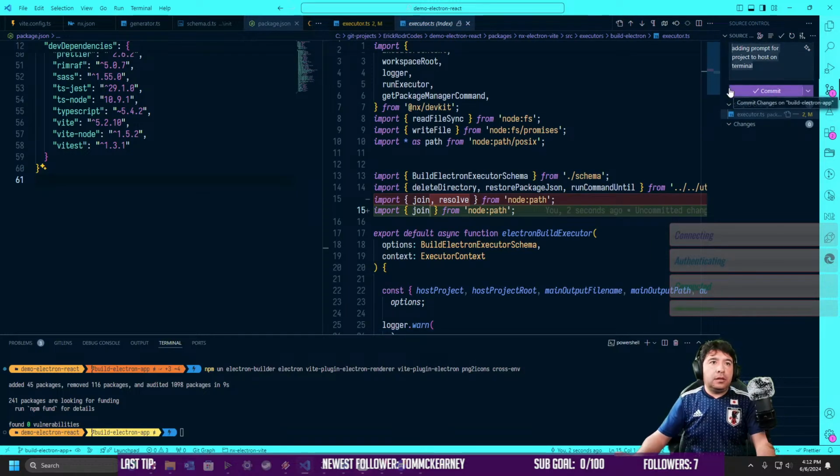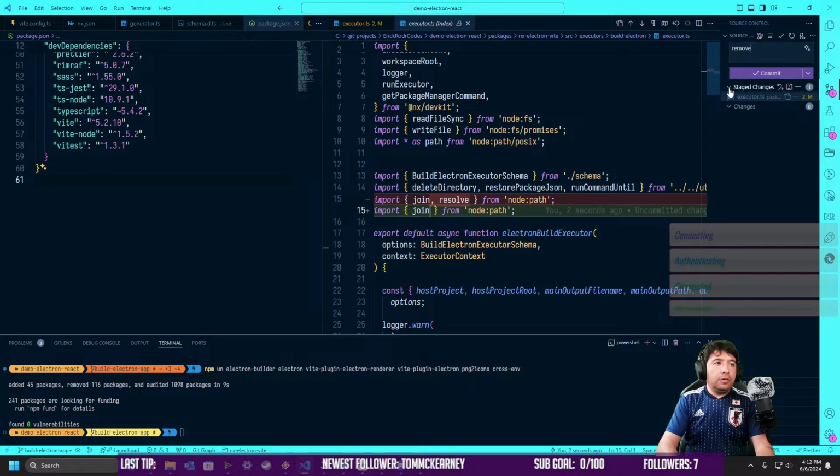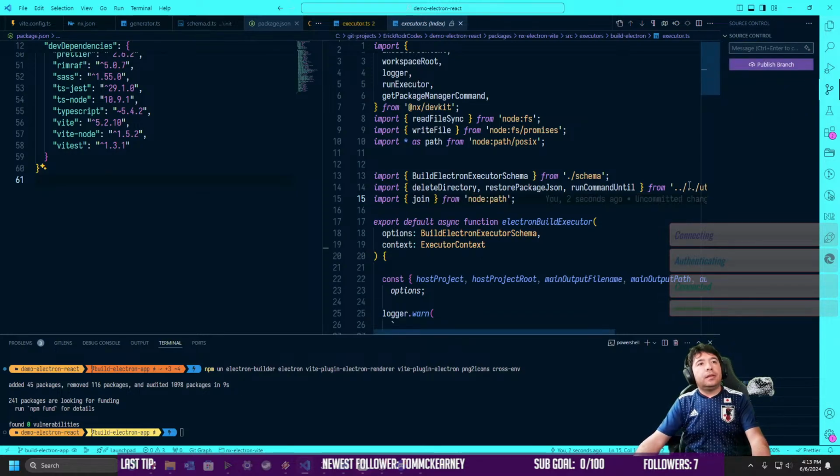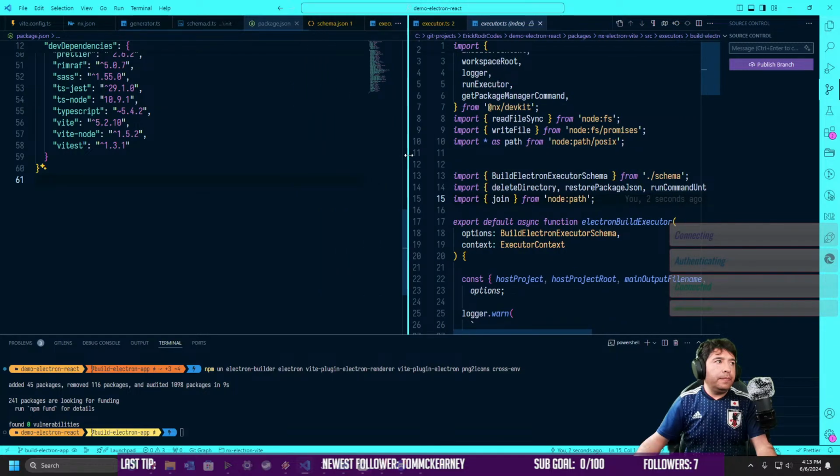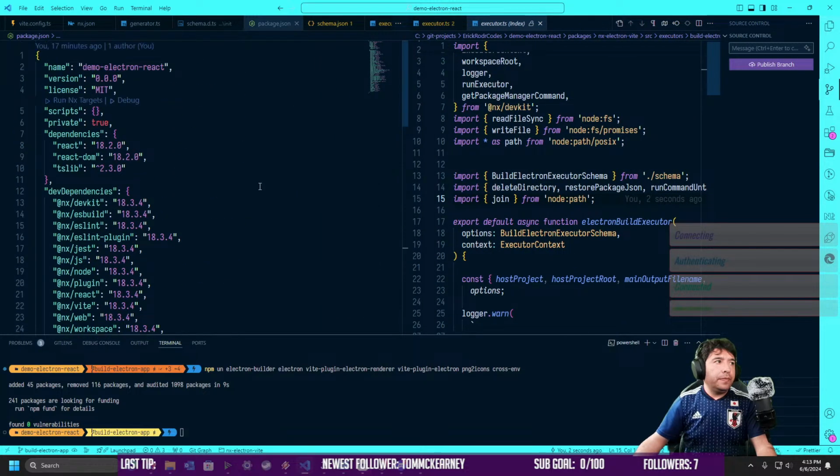And I'm going to say here, remove innocent code. Yep, commit. And I think the next thing I have to do is to publish my package into NPM. Okay, so let me merge this into main. And I have to change also the repo. Okay, so what I'm going to do now is just to